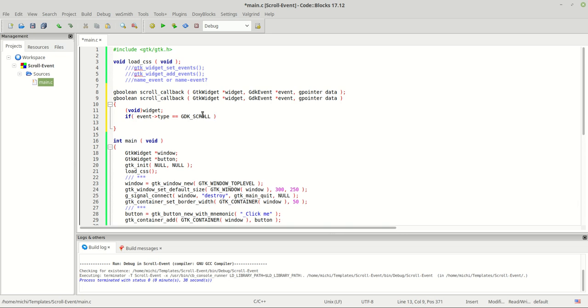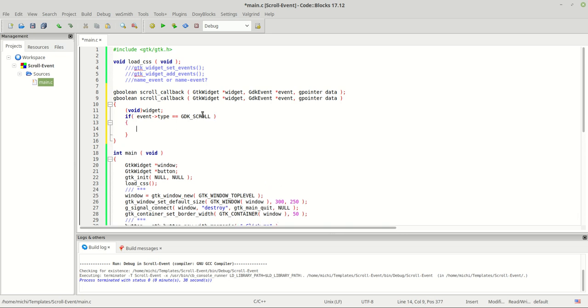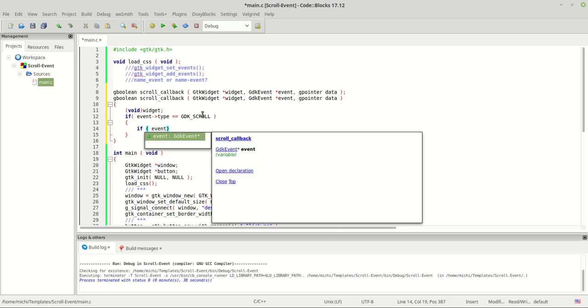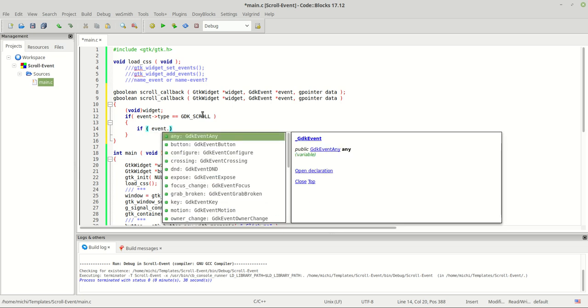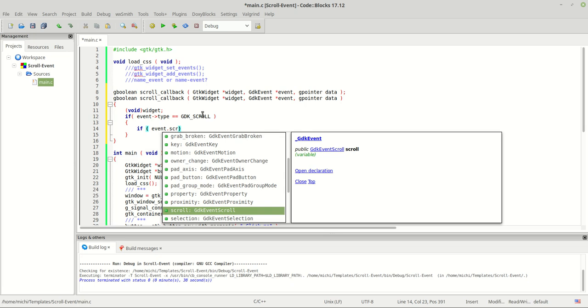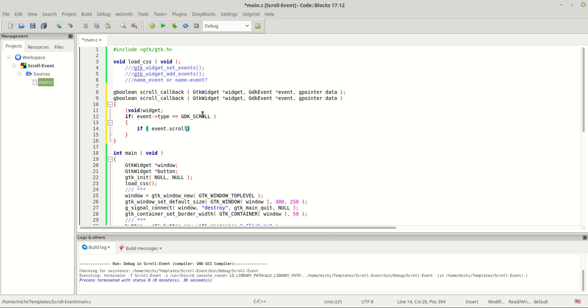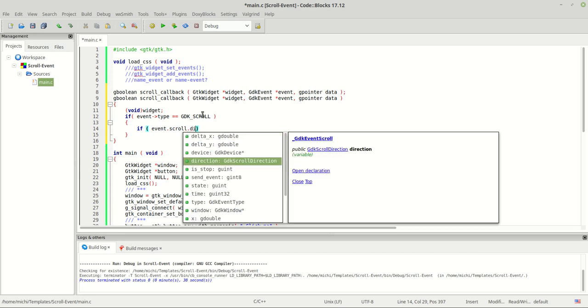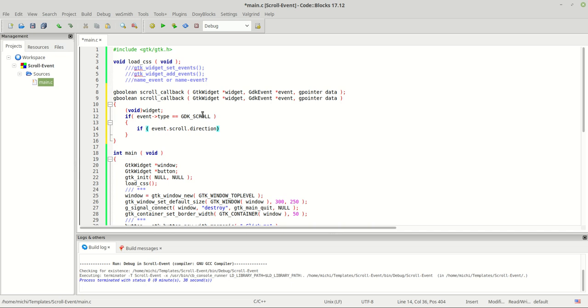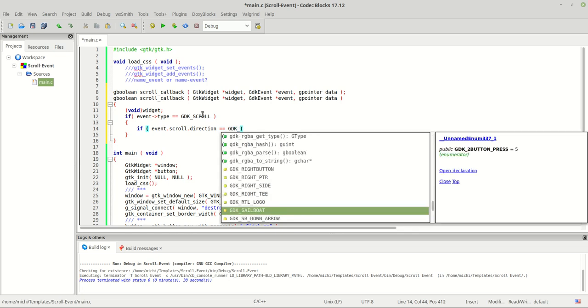If it is a Gdk scroll event, yes, then we will check the event. I think it's a scroll, it is another structure. We will let it like this. So this means we need to access this structure 2, which is the child, Gdk scroll down,